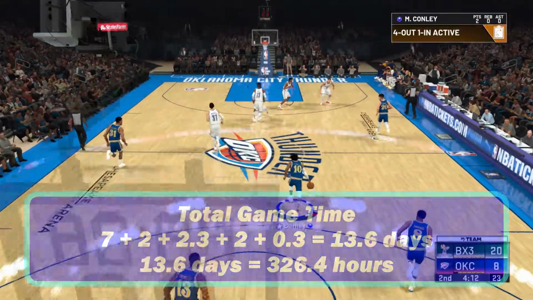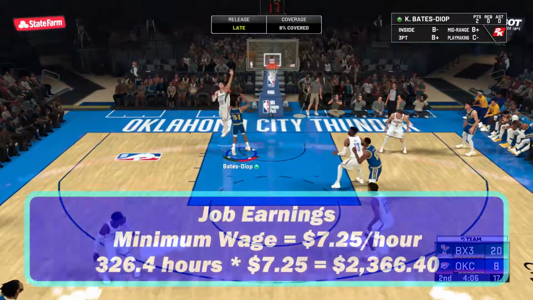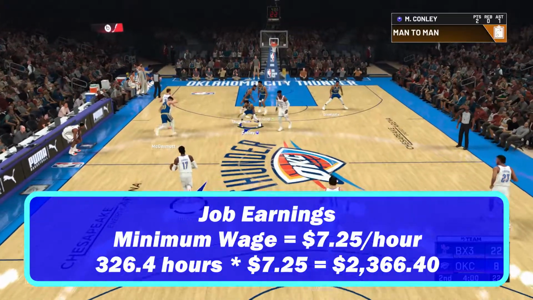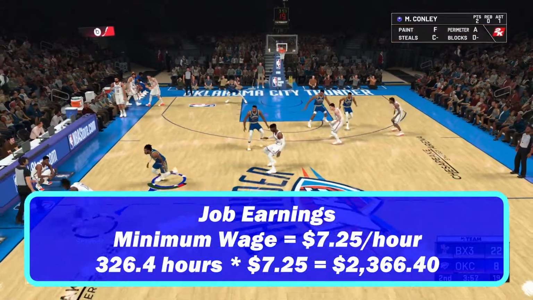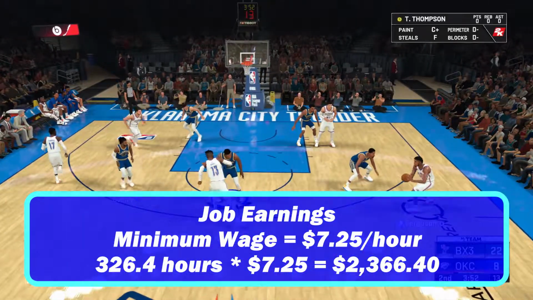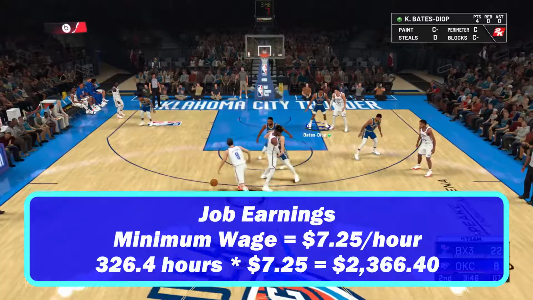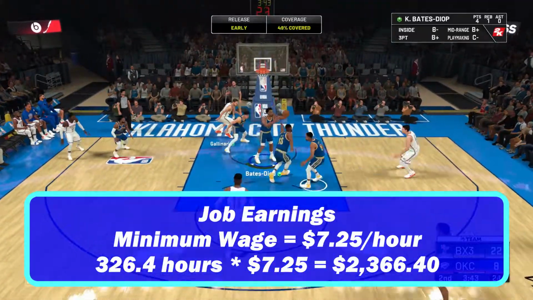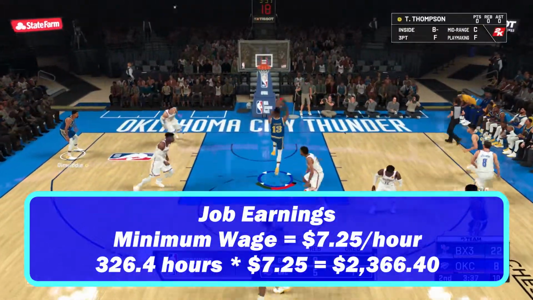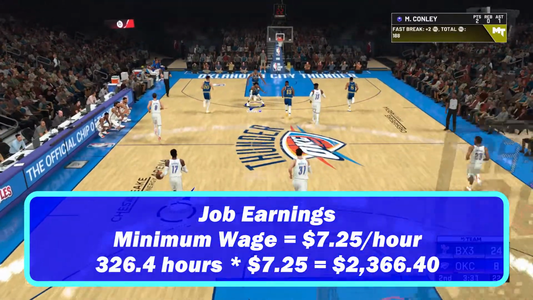What would happen if, instead of spending 13.6 days playing NBA 2K20 single player, you spent those 13.6 days working a minimum wage job? So, excluding taxes and everything else you'd have to factor for, let's say, we take 13.6 days times 24 hours to get us 326.4 hours. So let's just say you spent 326.4 hours working a minimum wage job. So 326.4 hours times $7.25, which is the minimum wage in the United States, gets you